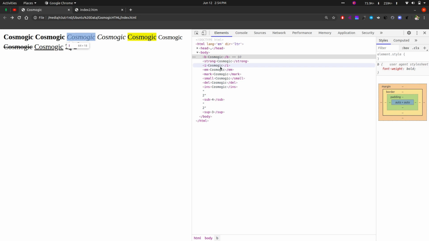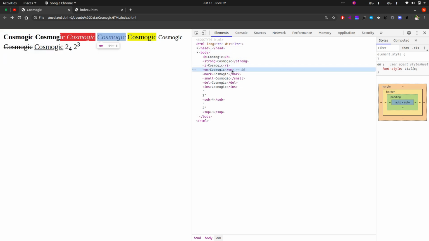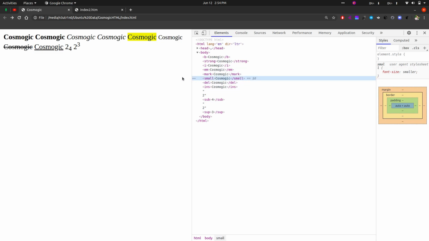This is italic text. The italic tag means it italicizes the text that we have written in it. Like this is a little bit tilted, you can see it here. Em is also the same. These are the basics, and the main difference I have told you is how they are rendered by search engines, what preference they give it. So this is the mark tag. Anything that is written in the mark tag is highlighted. We can also change the color of this highlighted text. Later on we will do this.